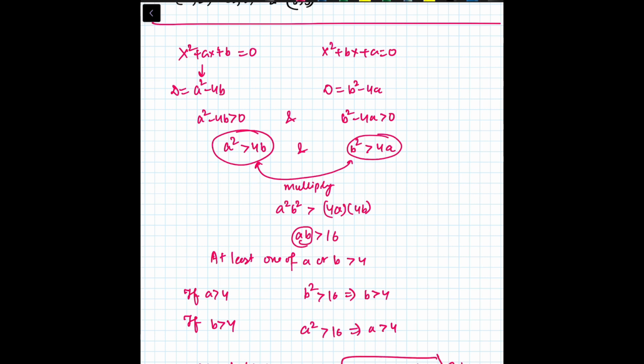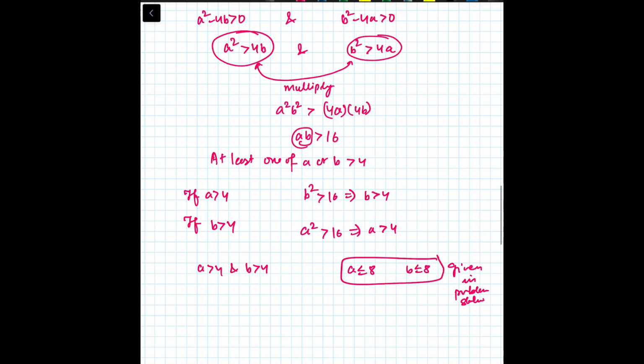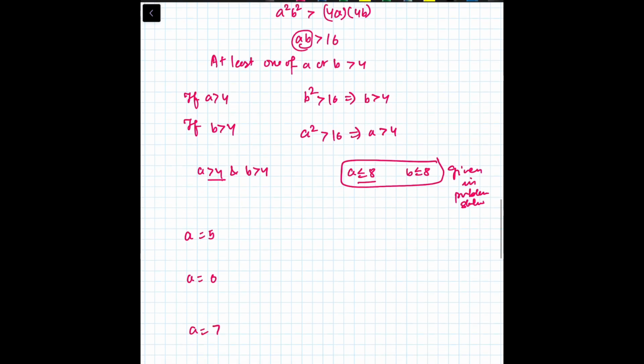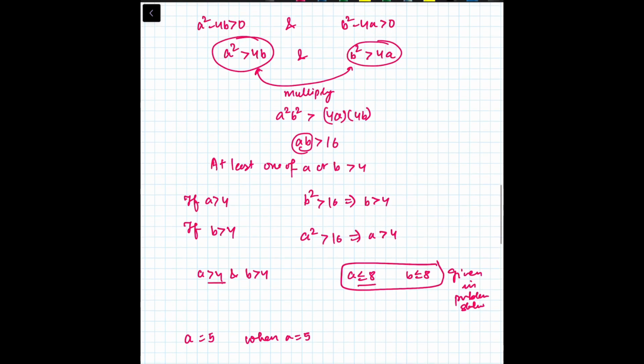Okay, so what we get is that the possible choices for a: a should be 5, because it's greater than 4 and less than or equal to 8. A can be 6, a can be 7, and a can be 8, right? When a is 5, in that case what you have from here